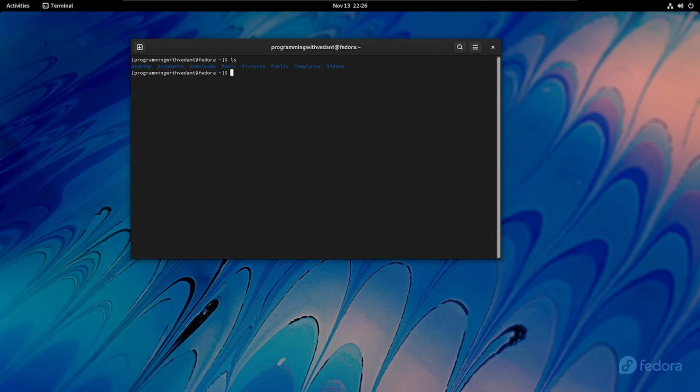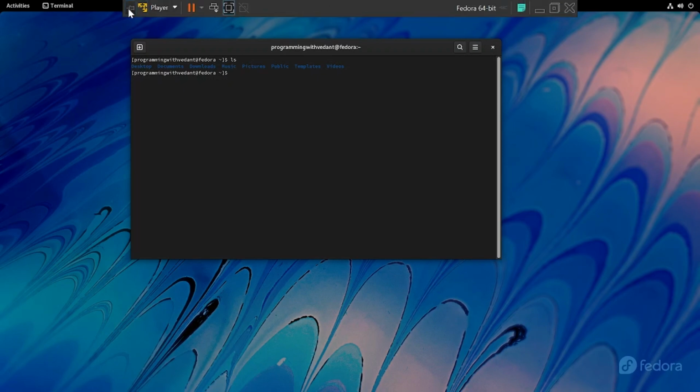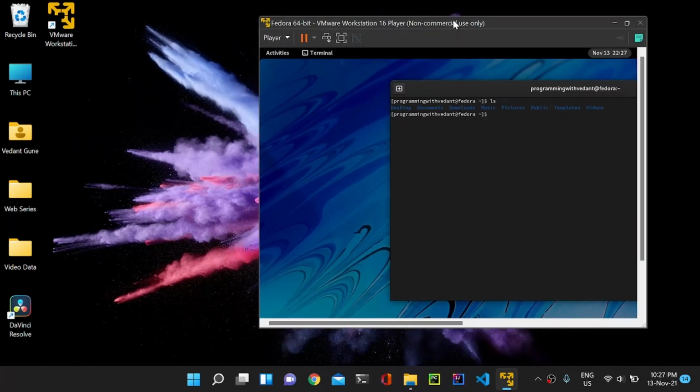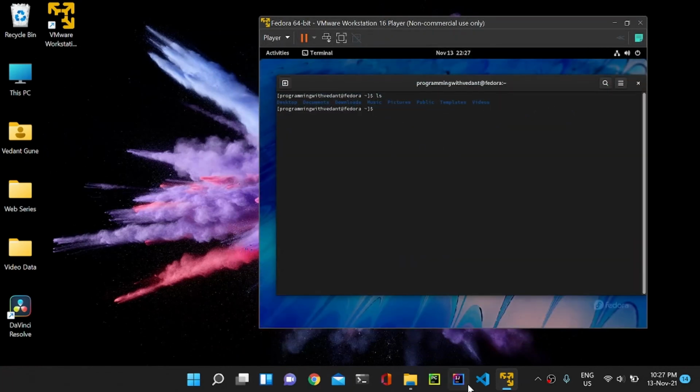Okay, so this was it for today's video. We have successfully installed our Fedora Linux 35 on our VMware Workstation. So we installed our Fedora virtually on our Windows 11 operating system. As you can see, we are running our Fedora on our Windows 11 operating system.